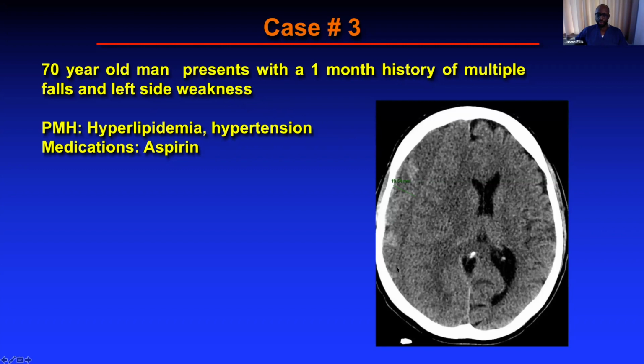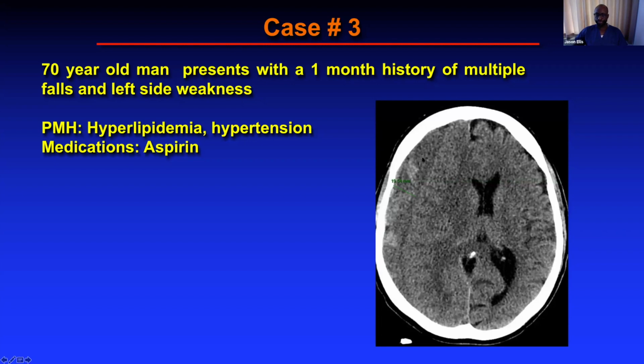I would call this a subacute subdural hematoma. Okay, again, it's kind of following the contours of the brain. It's not an epidural. Epidurals tend to push the brain inward and are convex, whereas the subdural is concave, following the surface of the brain. This is a subacute hemorrhage. There are some brighter areas that we could call acute, but for the most part, it's a little bit tough to distinguish between the density of the brain and the density of the hemorrhage itself, and that's characteristic for subacute